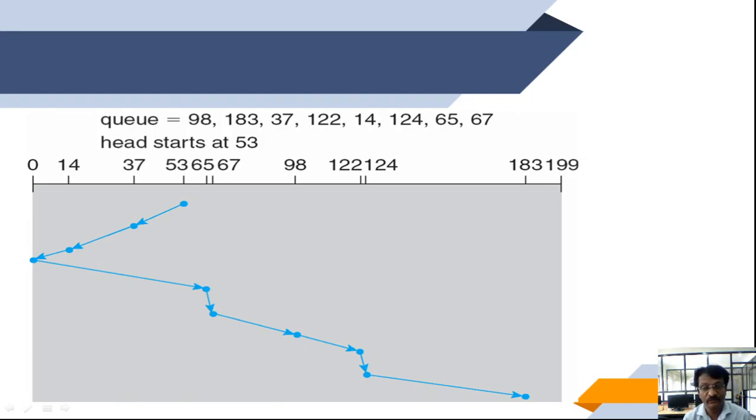I hope the video gave you more information, that when we visualize something, it gives us more information than just talking on a particular presentation. I hope that animation helped you to understand these three algorithms, whatever we have discussed about shortest seek time first, or first come first serve, or this scan. So we will discuss the next set of three algorithms in the coming videos.